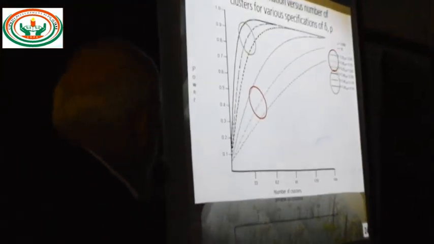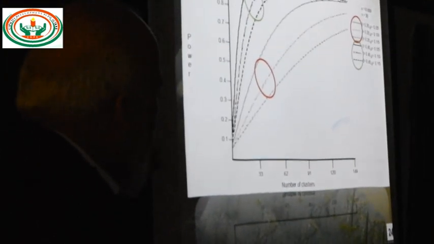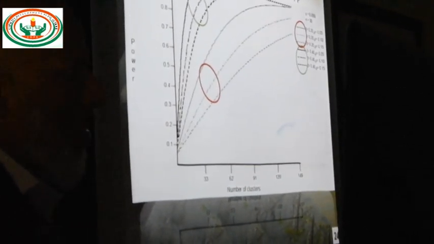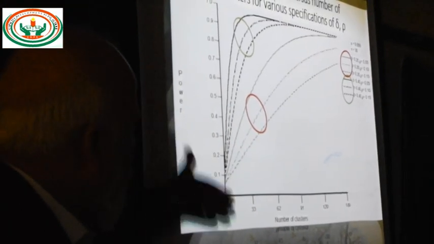And again with the number of clusters, how it is changing with the number of clusters. When delta is high, the one encircled with green, we have the larger powers, and then with the red one, when the delta is smaller, then of course the power is smaller. And then again it is changing with the rho level, 0.05 or 0.1